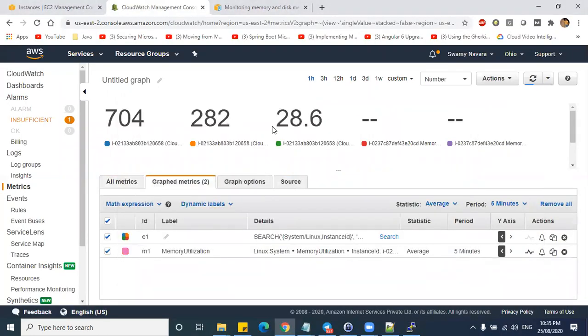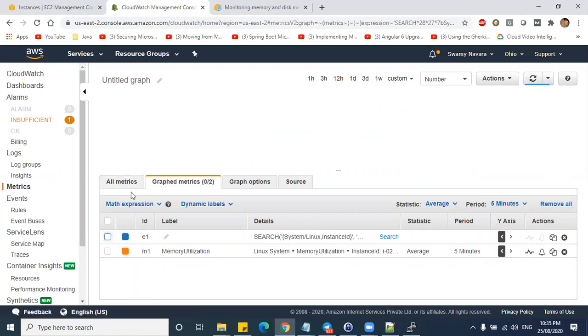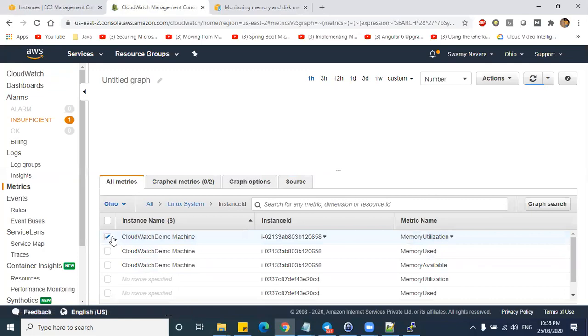Yeah, if you see here, it started reporting. Let us go to all metrics and cloud demo.